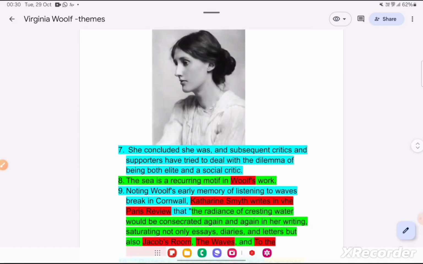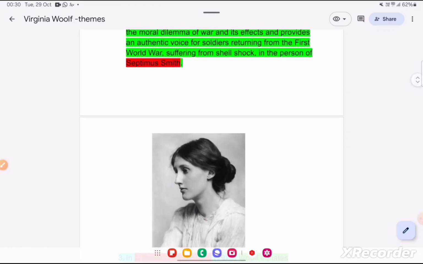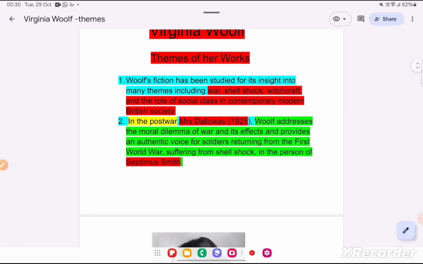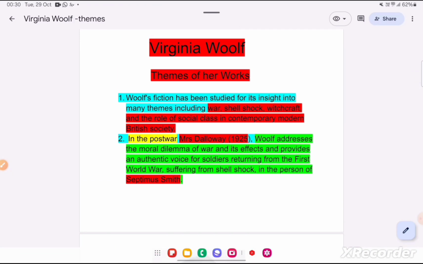So, in this lecture, we studied the themes of her works, what she included in her works as their theme. So, friends,